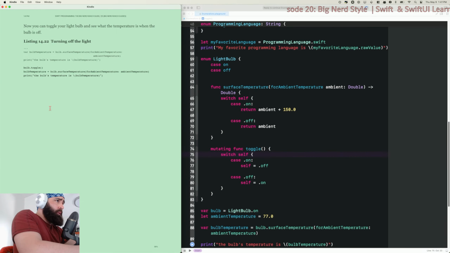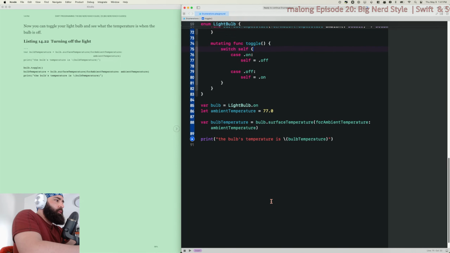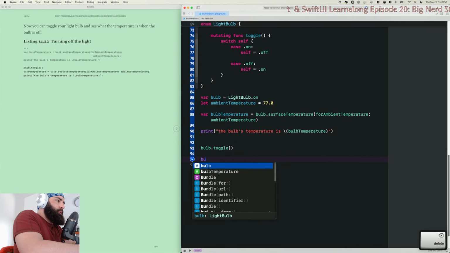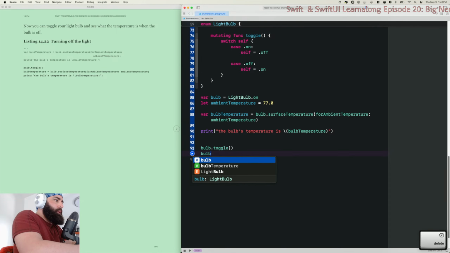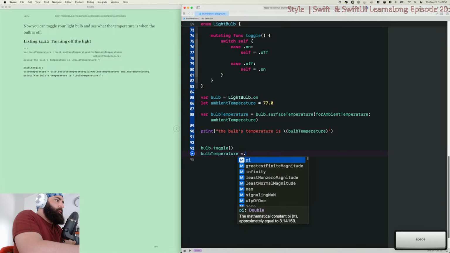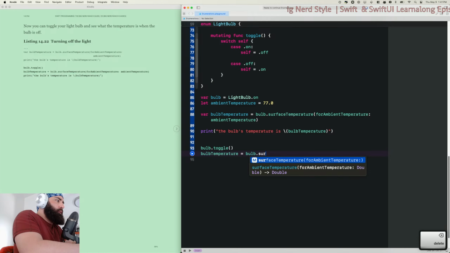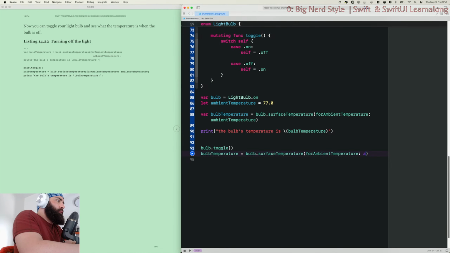Now you can toggle your light bulb and see what the temperature is when the bulb is off. Oh, cool. That's what I wanted to do. Okay. Bulb.toggle. And bulb.temperature is equal to bulb.ambientTemperature.